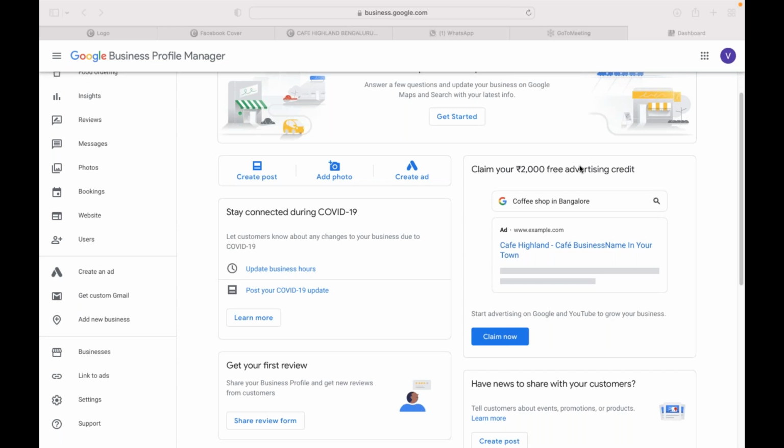The first class I told you how a search engine works and how we put ourselves up in that listing on the SERP page, the search engine result page. So one of the ways in Google is by doing Google Ads. We have something called search network ads. What you see here is one of it, which I'll be covering in the later stages of this training session. And going ahead,